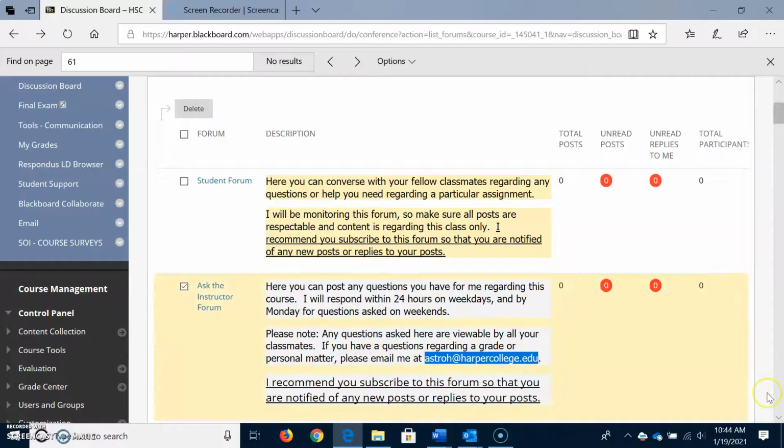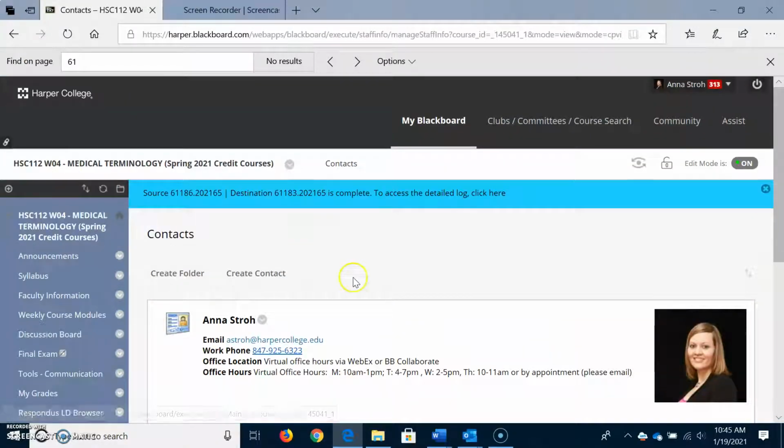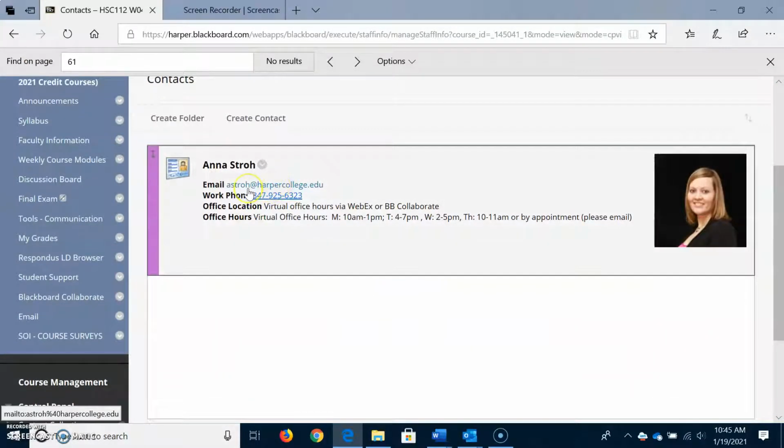astro@harpercollege.edu. Harper is pretty much all virtual this semester, so I do have an office on campus, but I'm really not allowed in there right now. So I do not have an office right now with office hours. All of the office hours are online. Take a look in my faculty information and you will see everything you need to know. My email, you can leave me a message here. It will come to my email, but the best